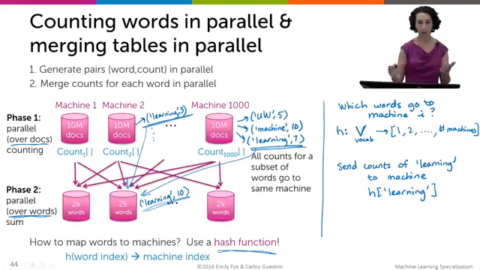Okay, so to step back, what we've seen is that we had an operation that we could distribute across documents, which was simply to count how many instances of a given word appeared in that document. And then we had a step that could distribute across the unique words, which was to add up all the counts that we had across these different documents to get a total count of a given word in the corpus. And this is an example of something that falls into what's called the MapReduce abstraction,